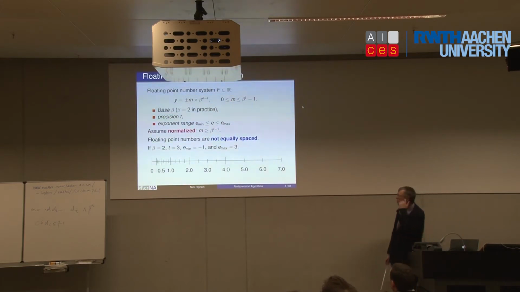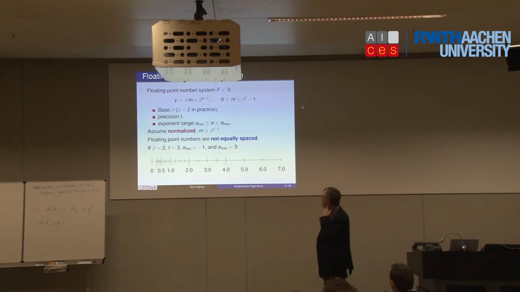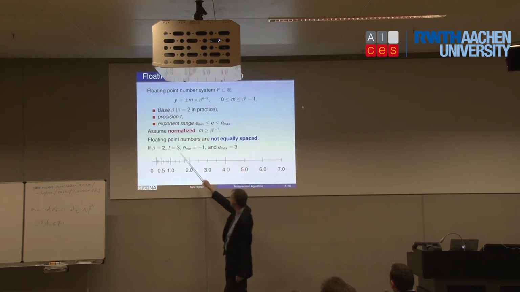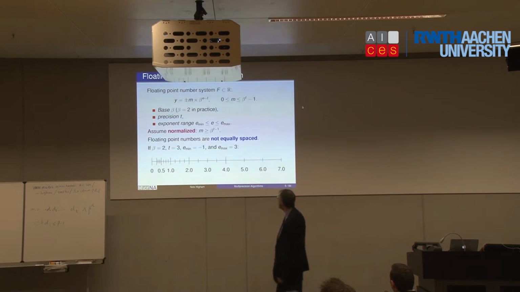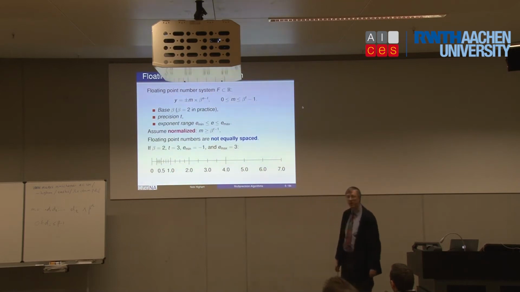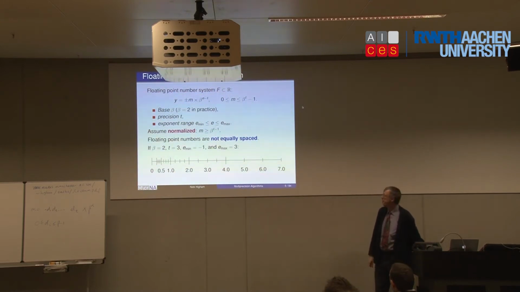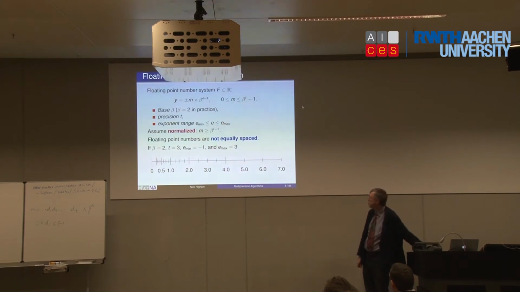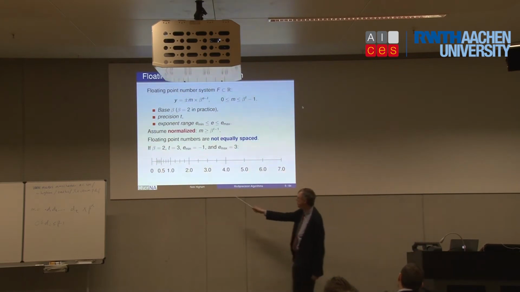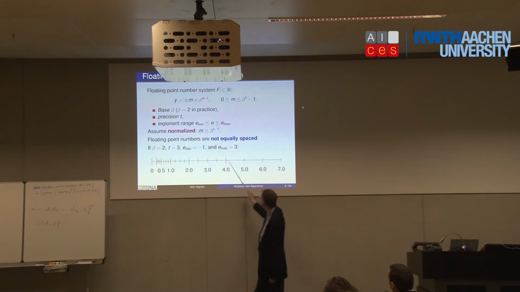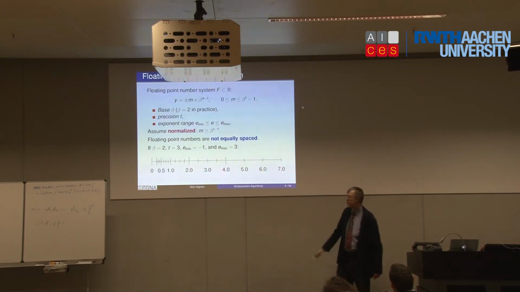So a toy system here is with base 2, three binary digits, and an exponent range between -1 and 3, and the non-negative numbers in the system are then given by these. So F is always a finite system, and it can be a very small system, as shown here. One of the key things to note is the floating point numbers are not equally spaced. So at every power of 2, the spacing increases by a factor beta. And here's the largest number in the system, which is 7.